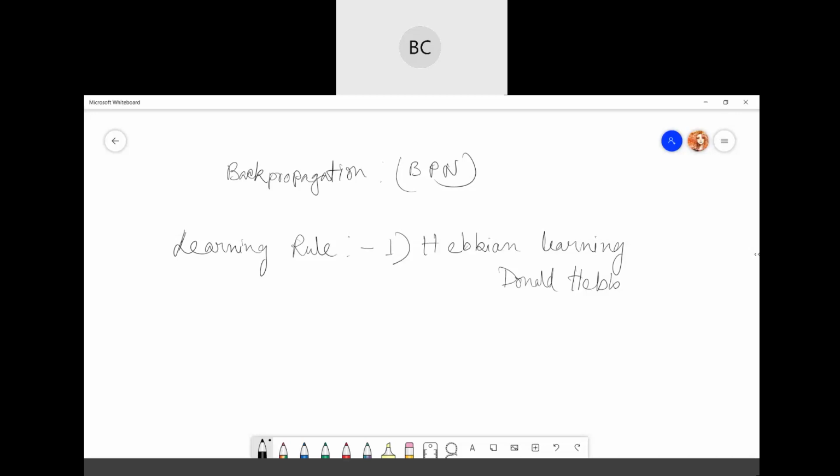It accepts that if the neighboring neurons are activated and deactivated simultaneously, then the weights associated with these neurons will also increase. So it basically depends on the neighboring neurons. This is mainly for the weight updation.